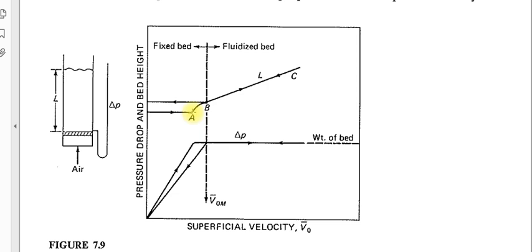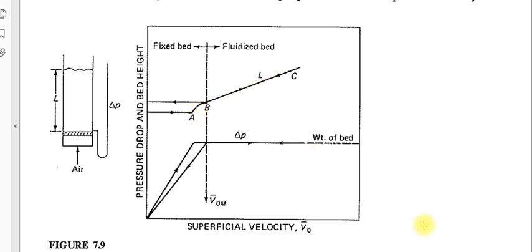At the point when the buoyancy force is just equal to the gravity force, you will find that the bed slightly moves upward. When both forces are equal, the bed slightly moves in the upward direction, so the length of the bed slightly increases, from A to B. That is called the minimum fluidization velocity. When you increase the velocity again, the pressure drop will remain constant